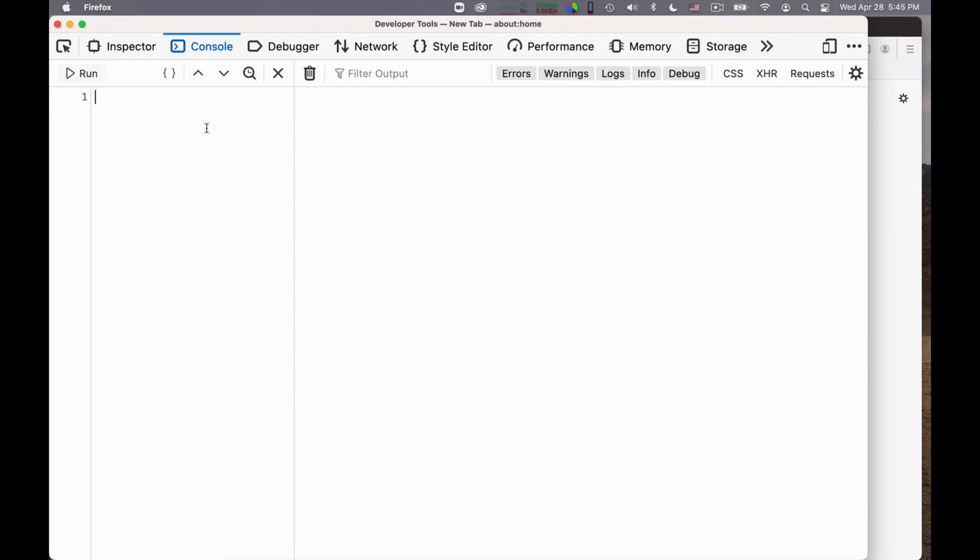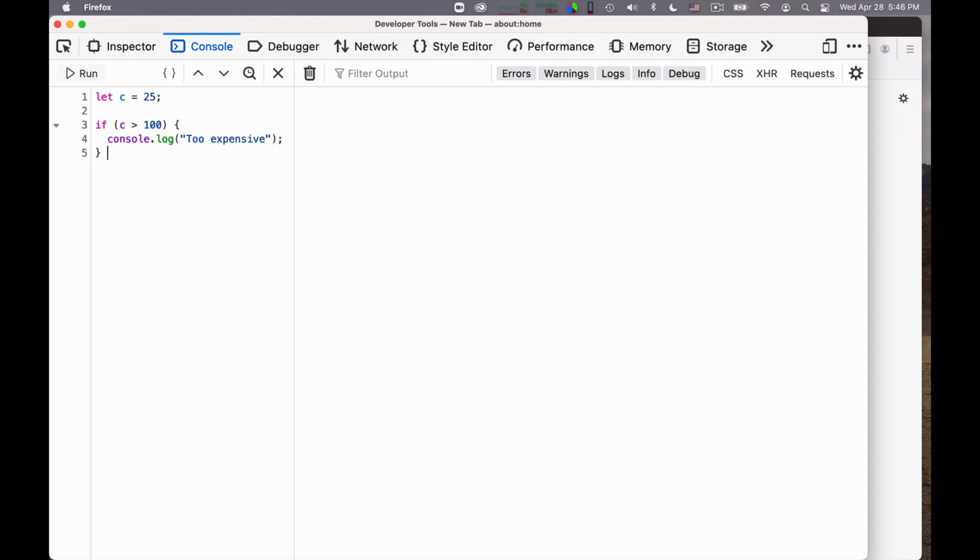You have if-then-else constructs in JavaScript. For example, you can say let C is equal to 25. And then I can write if C is greater than 100, console log too expensive.